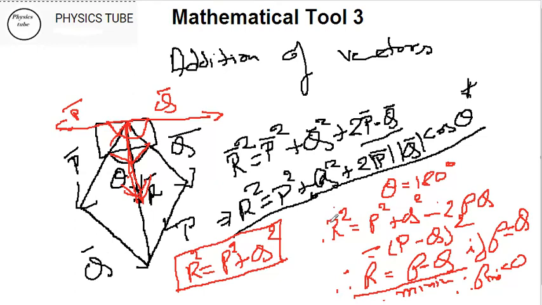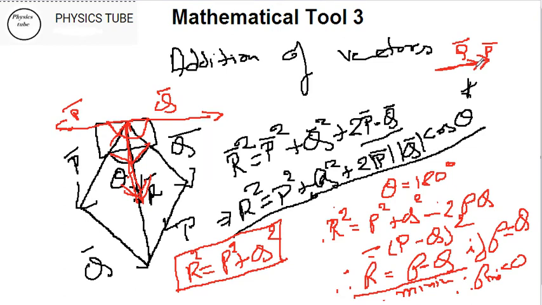Now let's talk about the concepts of addition, how the triangular law can be used. In my last video we have seen that wherever you have the parallelogram law, just half of that is the triangular law in all the cases. And let's talk a bit critical. If I have a force in this direction and another force in this direction, suppose this is P and this is Q, I can consider this also as a triangle.